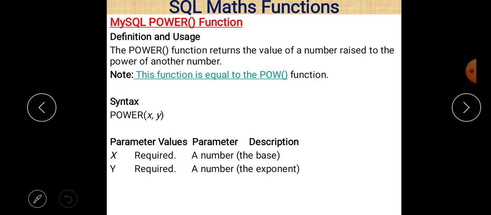According to the syllabus, the main focus is on functions, and functions are basically categorized into three parts: math functions, date and time functions, and string functions. And certain commands are also there, such as GROUP BY, HAVING, and ORDER BY. All the aggregate functions are used with GROUP BY, so the aggregate functions are also very important, and I also made a separate video for aggregate functions. If you haven't watched that video yet, you can watch it and it will give a clear idea of how they are used.